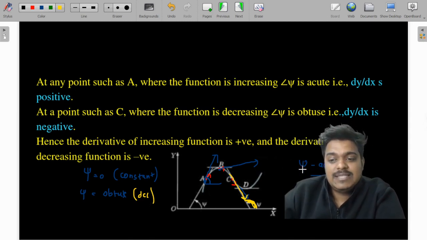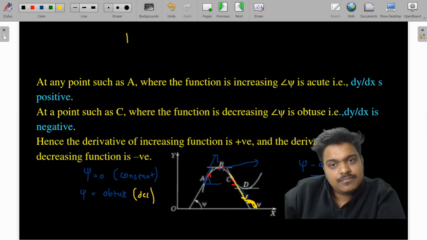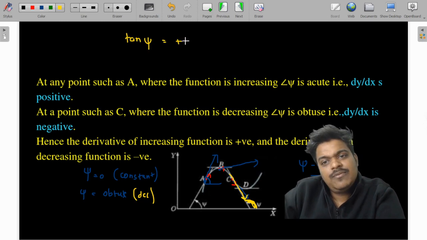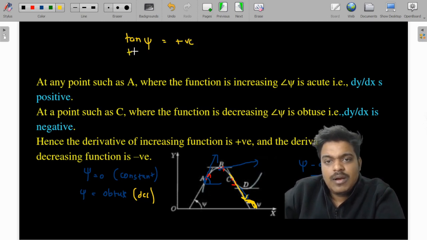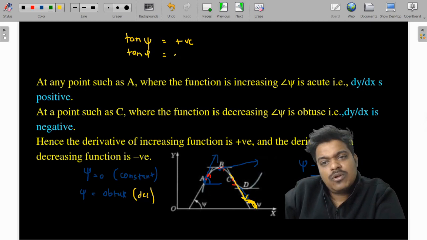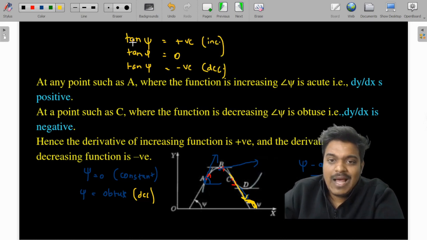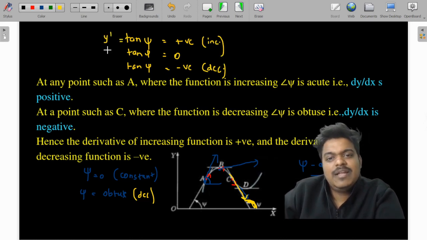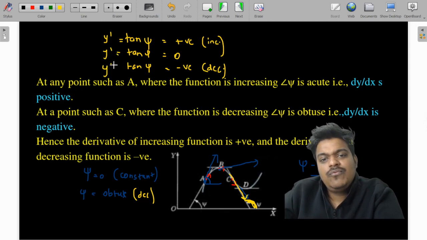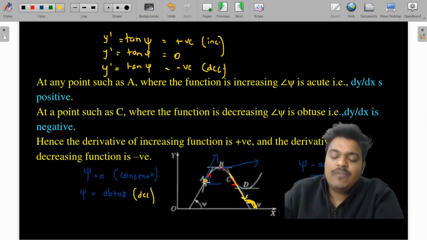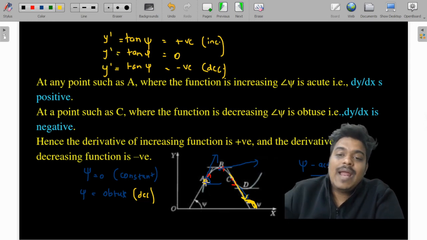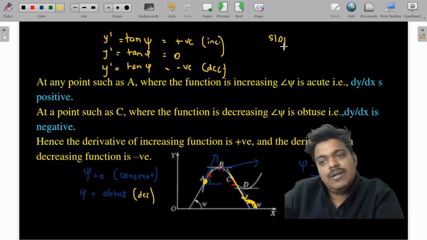What do you mean by tan psi? Can you write it as, if psi is acute, tan psi will be positive? Tan psi will be 0 for a constant function, and tan psi will be negative for a decreasing function. Yes or no? Sir, we got it. Now what do you mean by tan psi? Tan psi is nothing but the derivative. So if you find the derivative at that point,